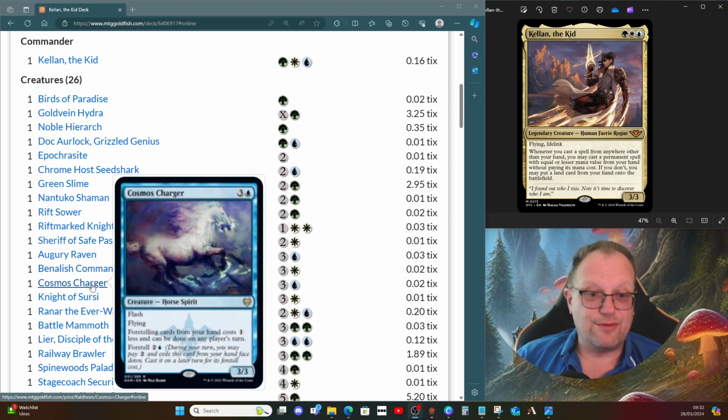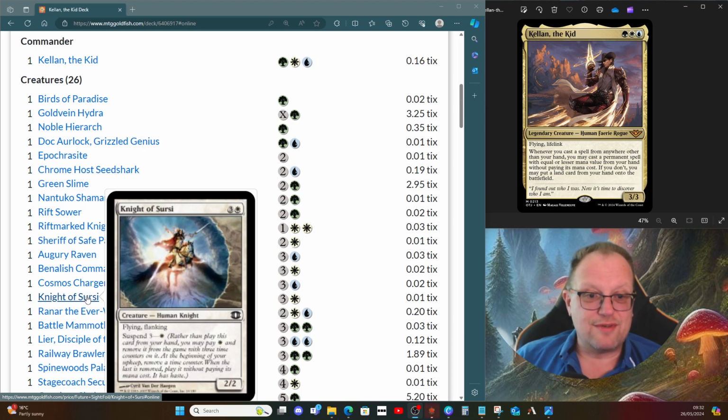Cosmos Charger: foretelling cards from our hand costs 1 less and can be done on any player's turn. So a nice little one from Kaldheim to do the whole foretell bit. Knight of Sursi gives us just a flying, flanking, suspend 3. So it's for 1 white mana, so nice one to spend on turn 1 if we haven't got a 1 drop